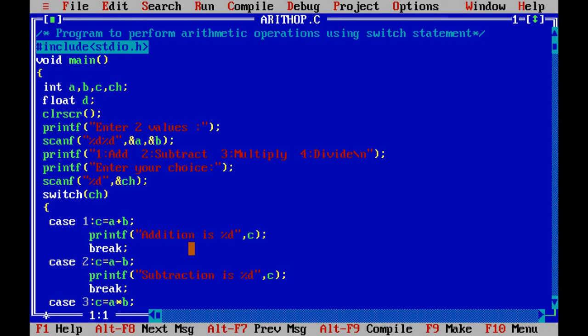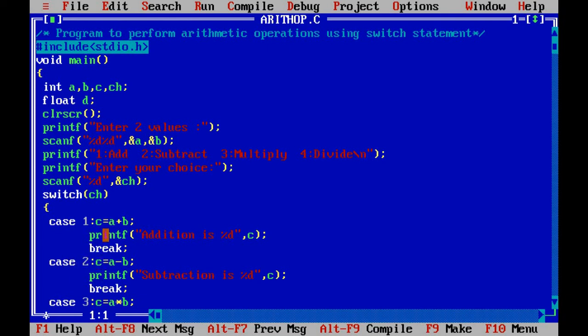And after executing this, we have the statement break. What this break statement does is, after executing the statements in case 1, it will not go to case 2.